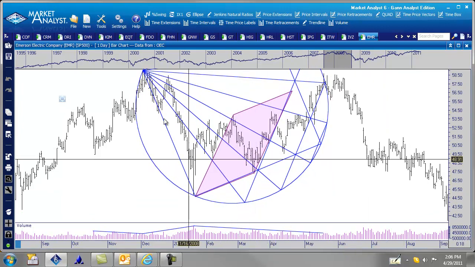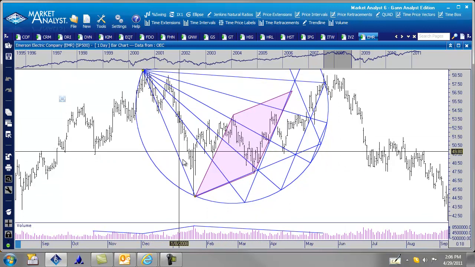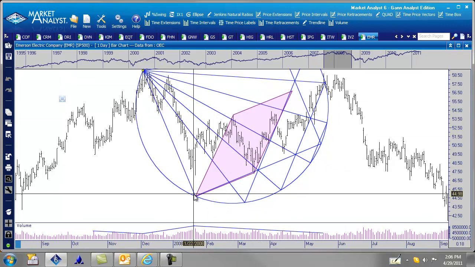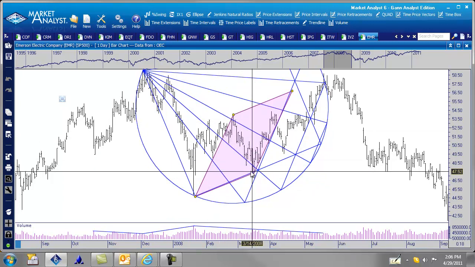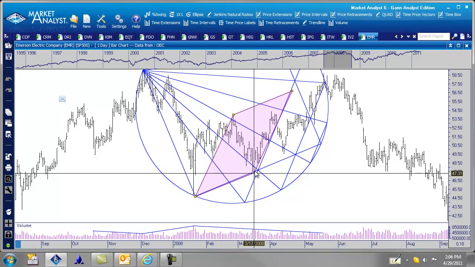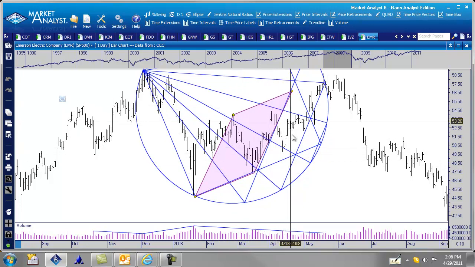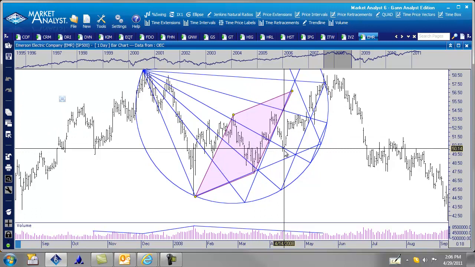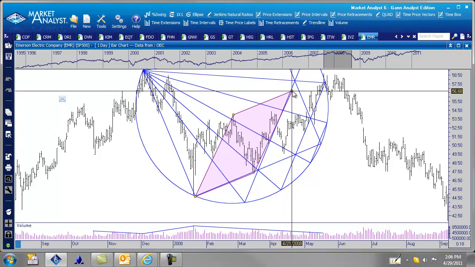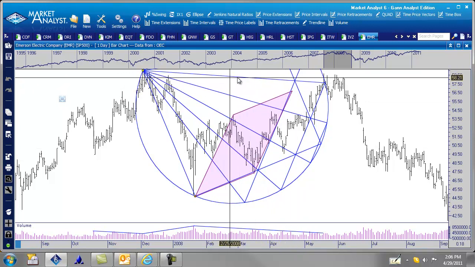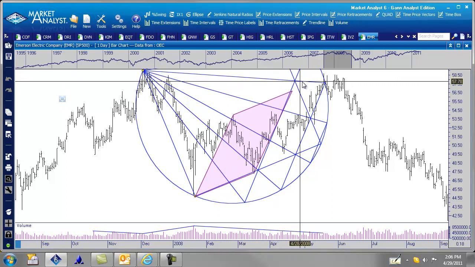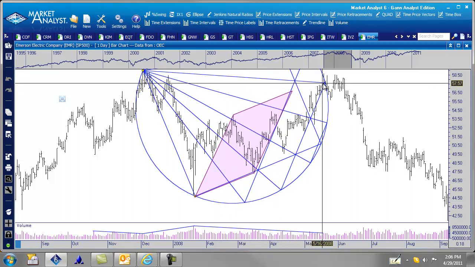And you can see that the XA move comes down here, comes up, finds resistance at this angle, comes down and finds support at this angle and this part of the square. And now it starts to come up, support here. And the way it works is that we're looking for resistance on this particular angle right here. The second that this market touches this angle, which would have been right here at 57.53, that would have been